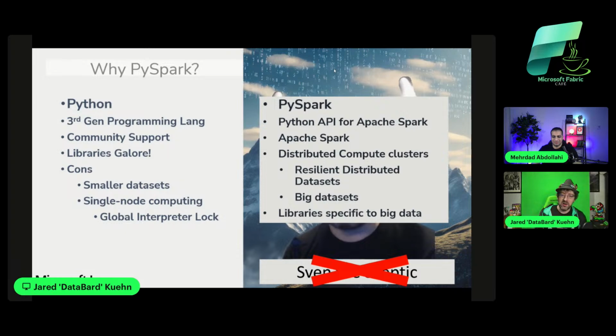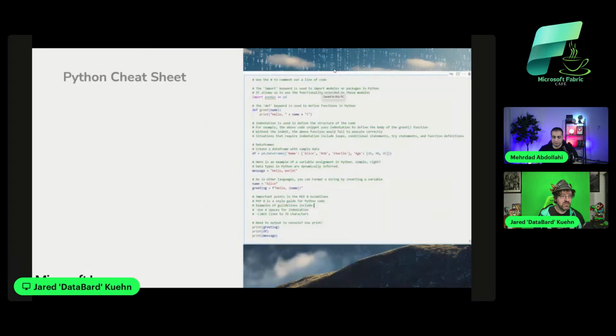But you get the idea, all right? The goal here is we want to be able to work with data more performantly. We want to make it so that regardless of data size, we can get into our insights as quickly as possible. So that's at least the reason why PySpark should be a thing of interest to you.